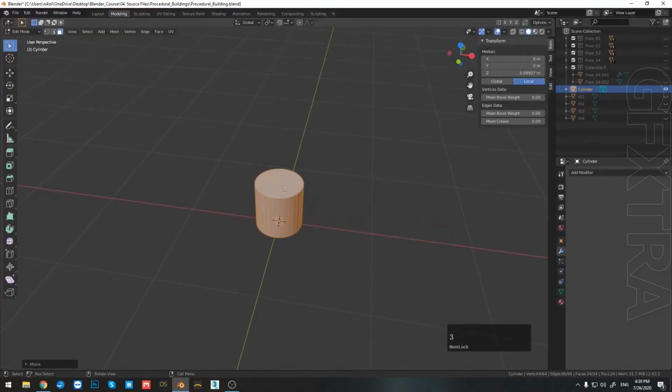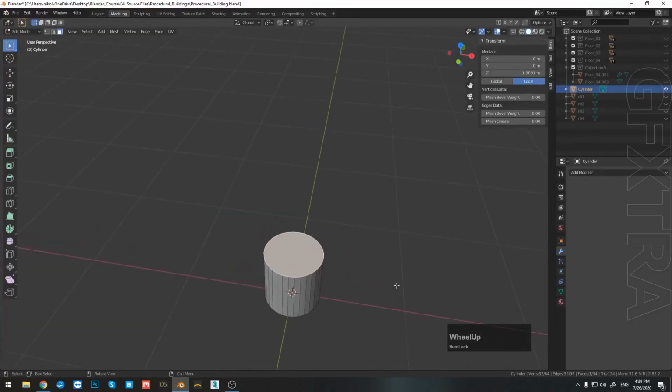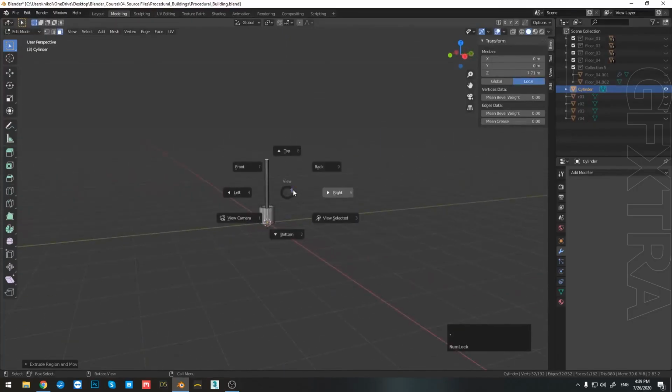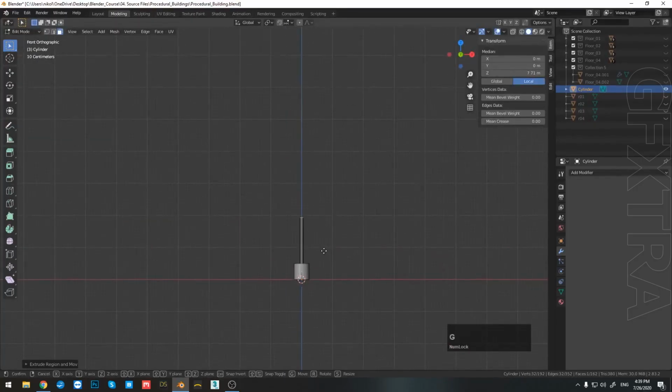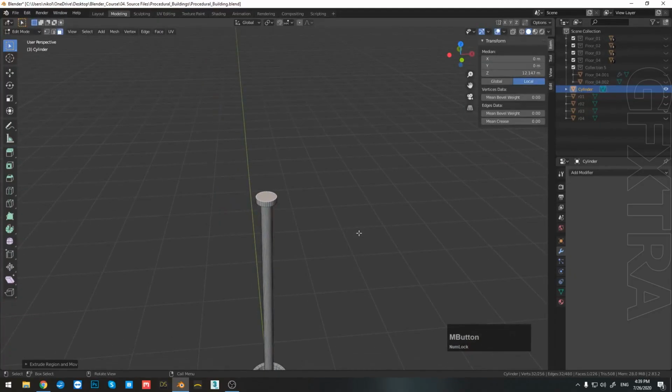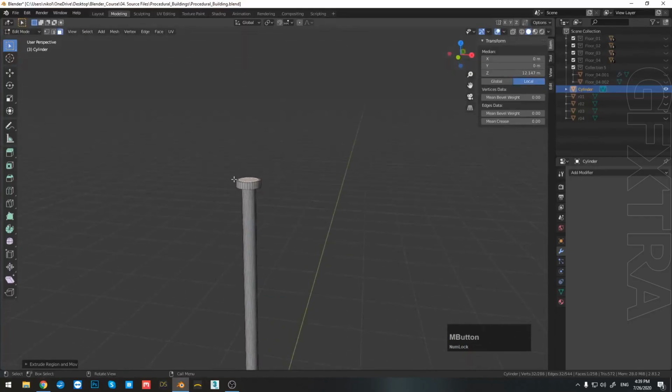Now press 3, select the top face, press E and S, then E and Z to bring it down. Now E and S again to bring this one up like this, and E and Z again to drag it out. Let's go to front view. Let's drag it out somewhere around here. Now press E and S, then E and Z. And now if I press E and S, and if I want to match the dimensions of the cylinder underneath,